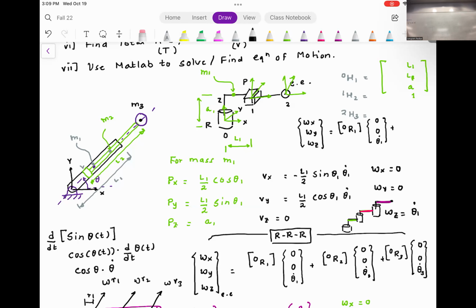Vy1: Vx1 stands for velocity of mass 1 in the x direction, Vy1 is the velocity of mass 1 in the y direction, which is L1 by 2 cosine